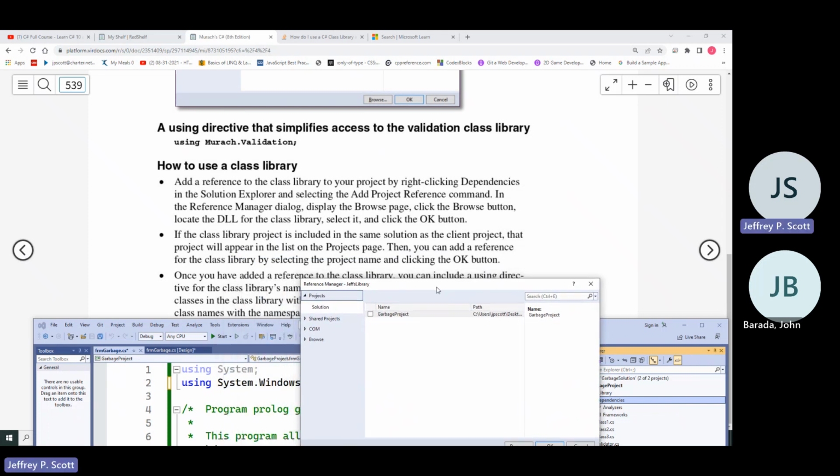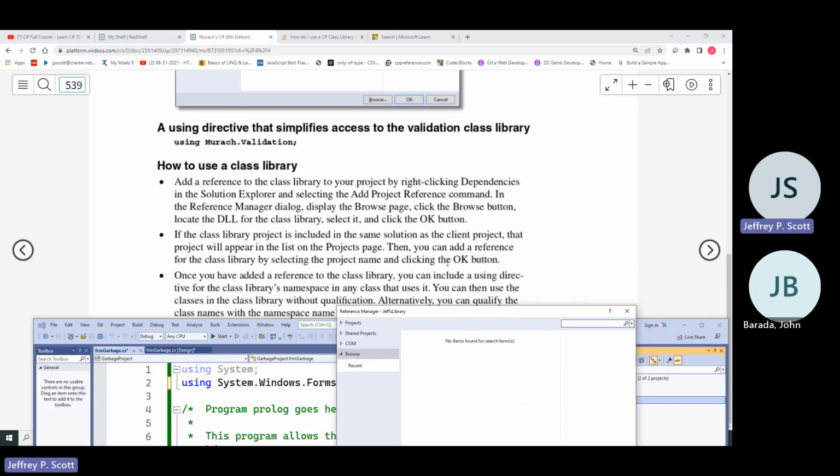In the reference dialog, display the browse page, locate the DLL for the class library, which it didn't have. So there's nothing found in there. Selecting the project name and clicking the OK button. Well, the name of that project was Jeff's Library, but it's not showing in here.